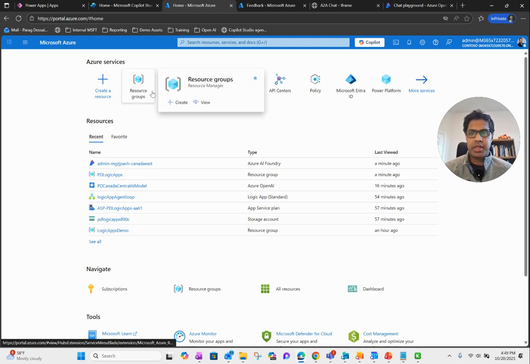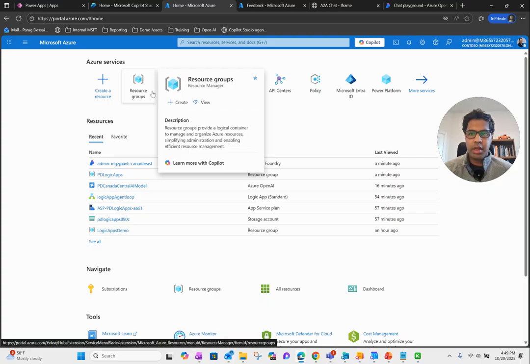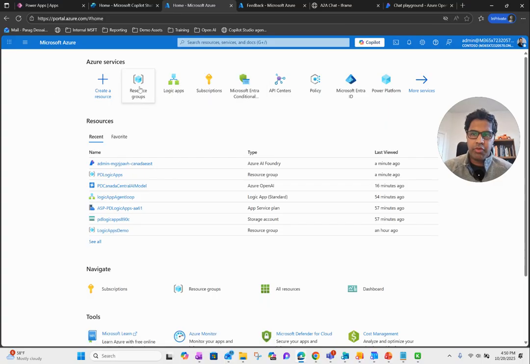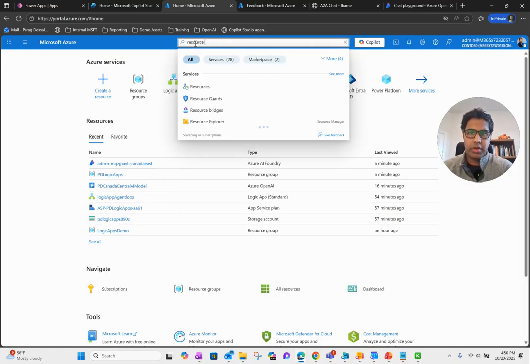So a resource group is like a container where we would publish all the services that are needed for our agent within a resource group. It's like a solution container that holds all the services that we need. So first you can click on resource group directly from here if it's showing up. If it's not showing up, search for resource group here